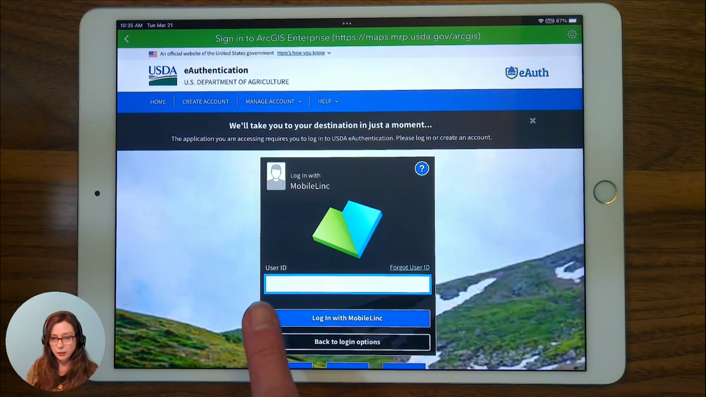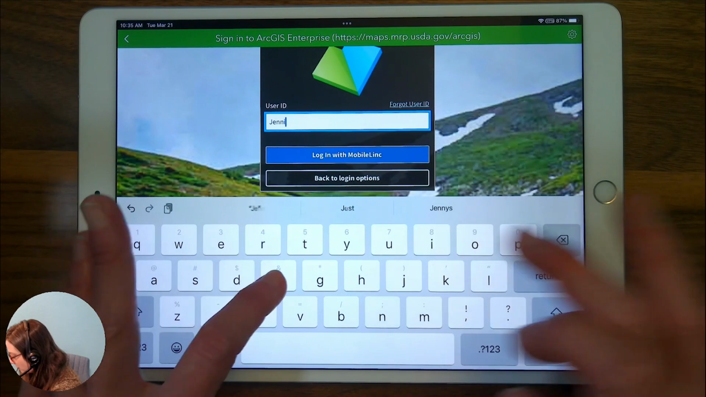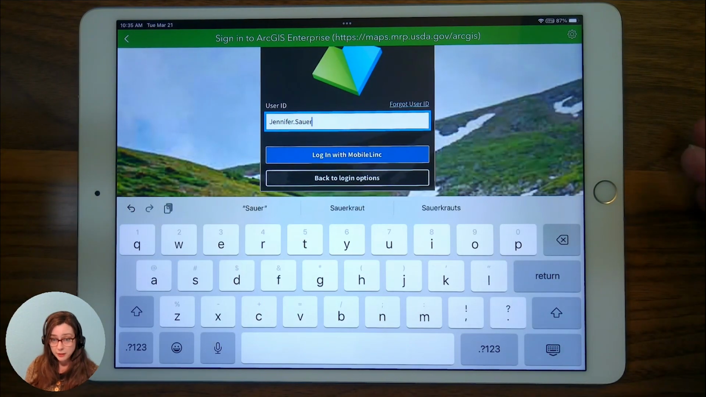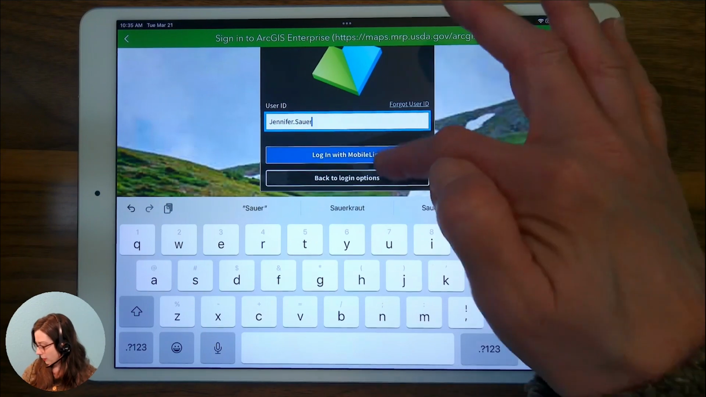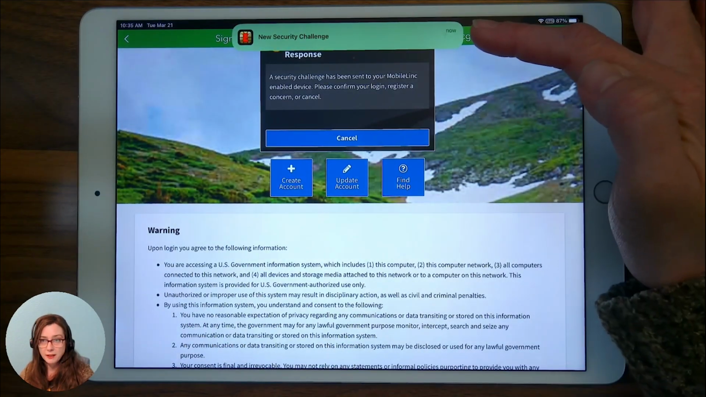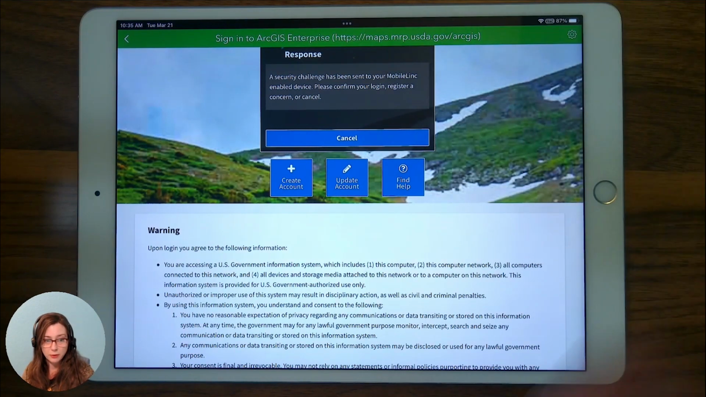MobileLink asks for your e-authentication user ID or username. Typically that is first name period last name, but yours might be different. And then I will tap login with MobileLink. You'll get messaging that asks you to go to the new security challenge. You can tap that, which takes you to the Entrust app, or if you've missed it like I just did,